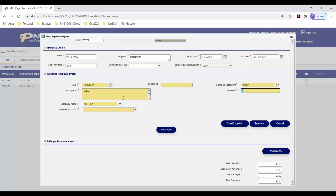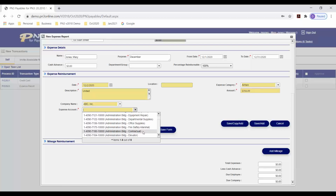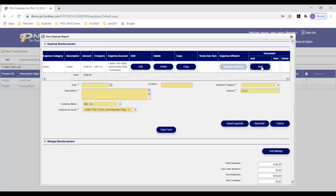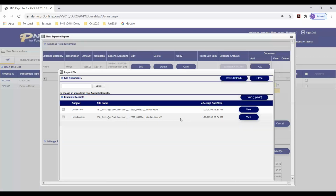I put in a description, the amount. I'm just going to select any codes here, but again, account, sub-account, and or project and task. I save that line. If I have my receipt now, I can hit add, scan or import. Typically, I'm going to import. I can hit select to browse to the receipt, or if I've been routing my receipts to the e-receipts email account, all of my receipts are sitting here waiting for me,